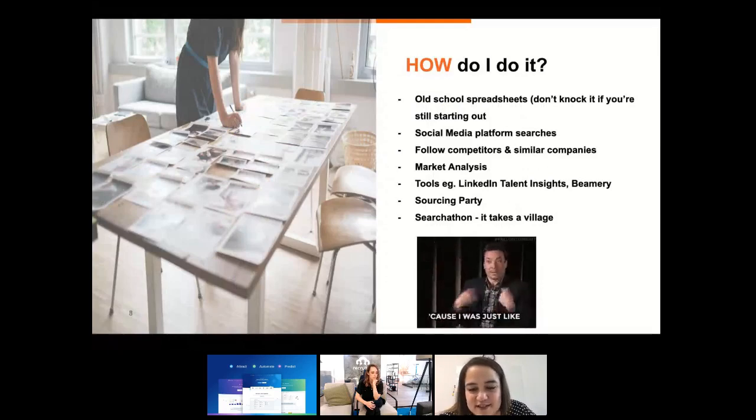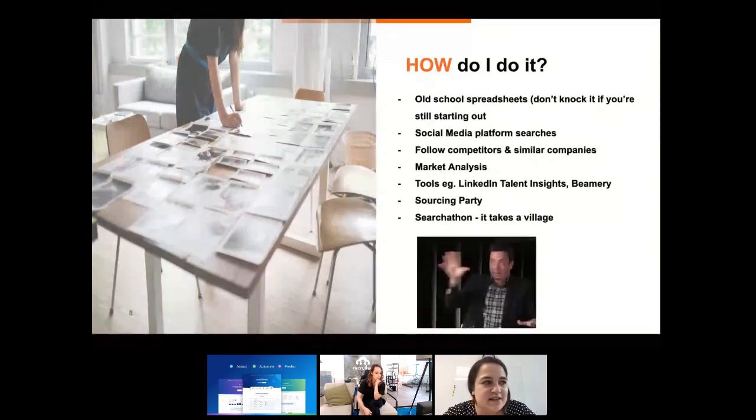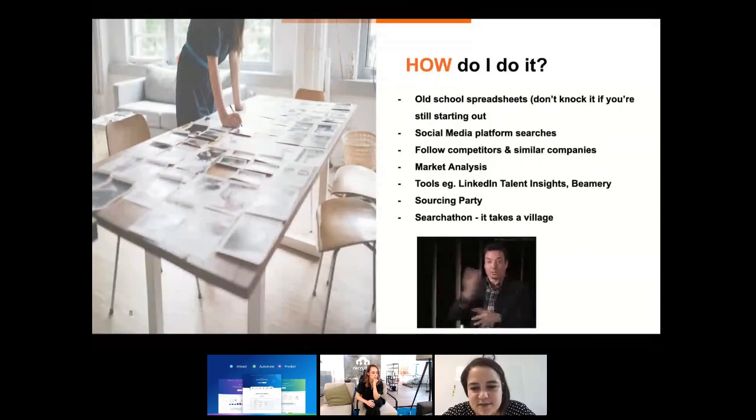Social media platform searches. So looking at your Twitter, Instagram. We have Inside Zalando, Inside Amazon's also got their own thing. You're joining groups on LinkedIn or whichever tools or platforms are applicable to your industry. Following competitors, making use of those market analyses. And then I'll cover the tools in the next slide, I think, which you can use as well to do this in a more automated manner.